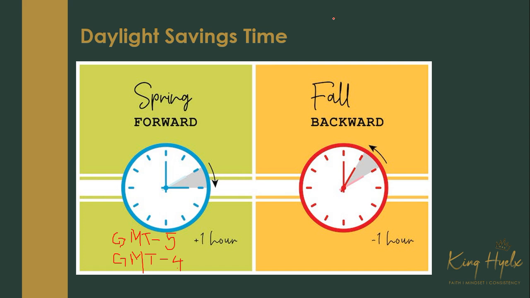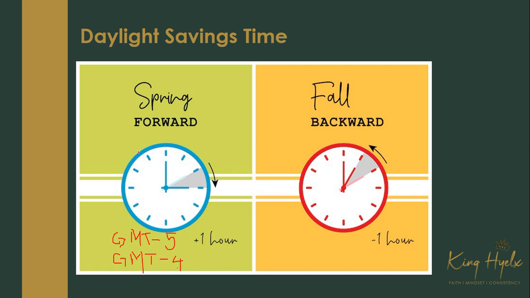So our 6 a.m. opening time for the day is going to now become 5 a.m. Our London kill zone from 8 to 11 is to become what? 7 to 10. Our New York kill zone from 1 to 4 is to become what? 12 to 3. Do you get why our Asian range is going to become 12 to what? 5 o'clock, or 4:59, sorry. So that's basically what daylight savings time means.